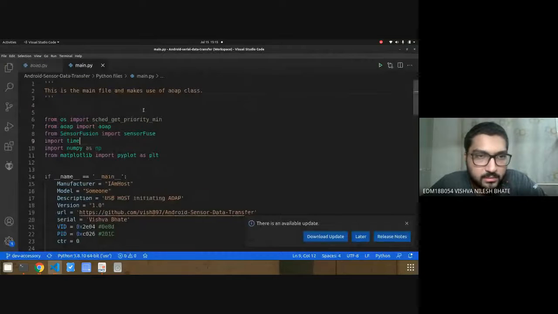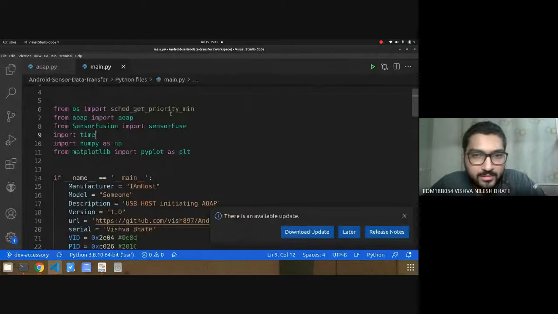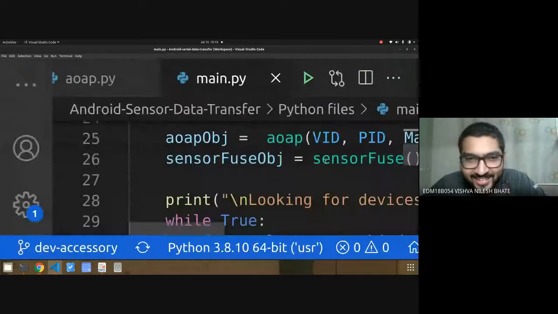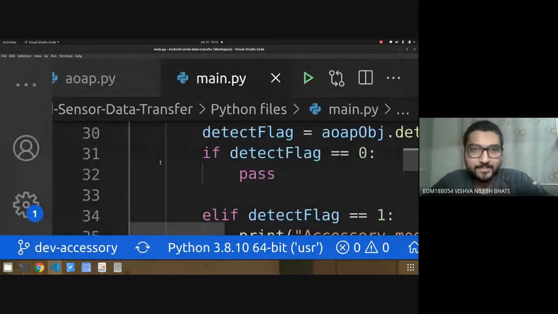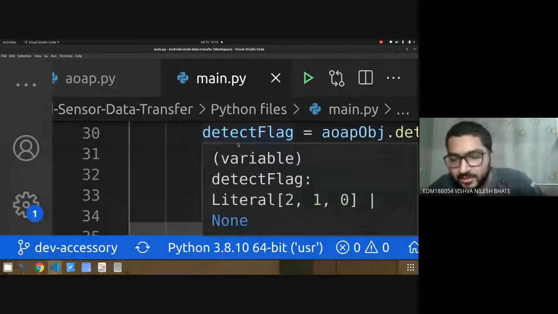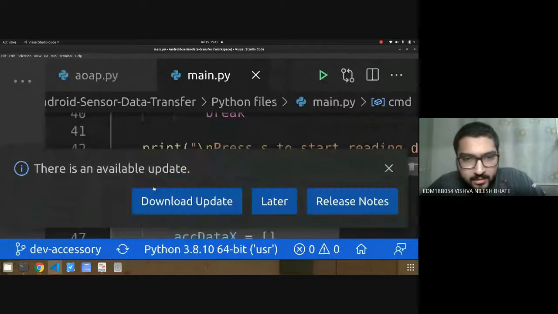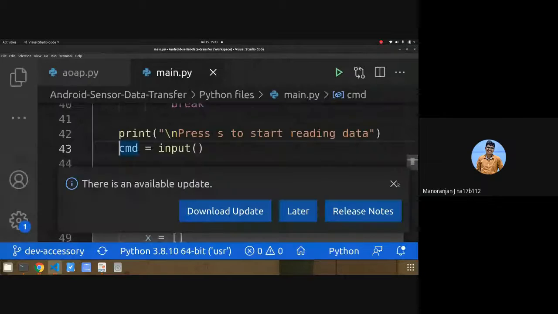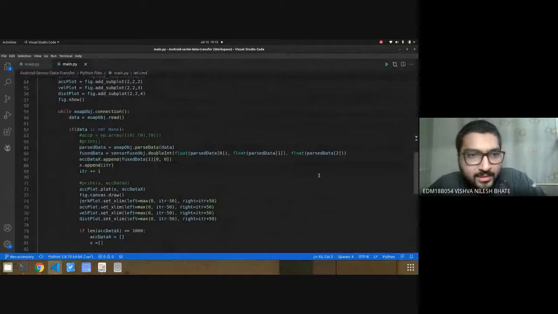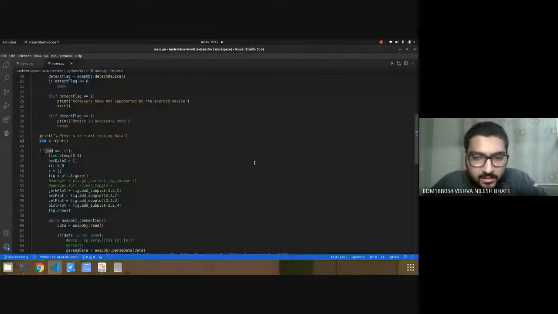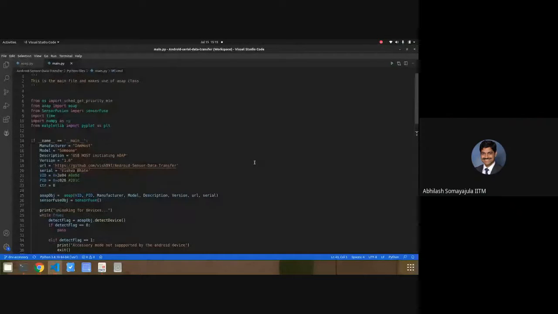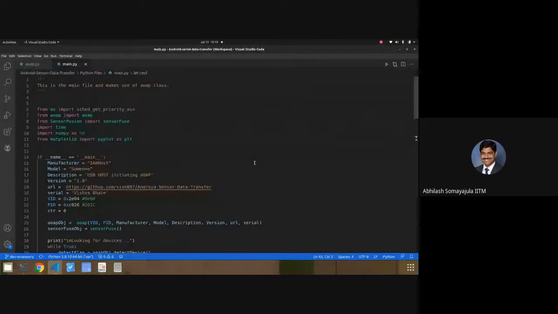Okay, too much screens. Control minus will do it. Yeah, I'm doing that. Sir, a little more? No, you increase it a little bit more.